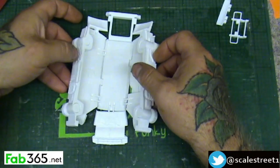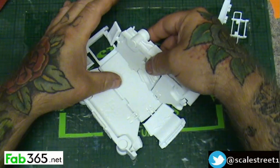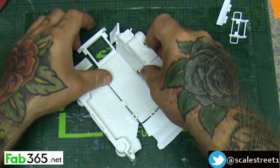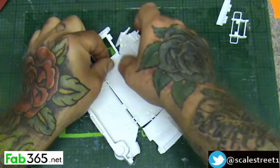Well, as you'll see guys, this is an unusual print. This is a one-piece print, absolutely fantastic. It just folds up and clips together, and this is done by